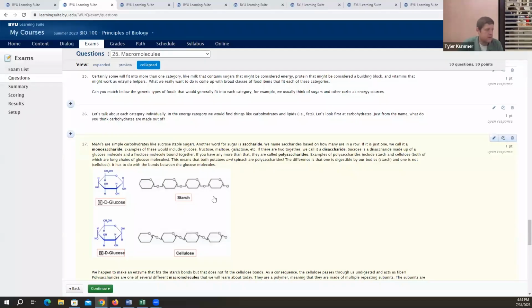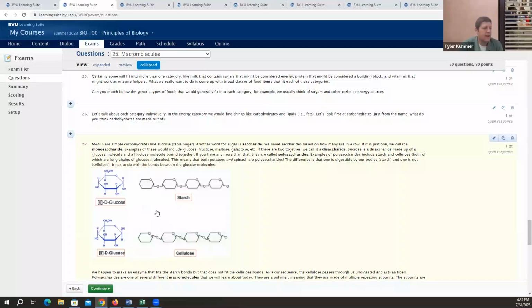A different kind of sugar, cellulose, the oxygen is in that top right position, and then it switches its orientation slightly, right? It changes the way it links together. You see the angle of that bond. That link between those being at a different angle changes the structure entirely, right? Starches, your body can break down using an enzyme and produce lots of sugars and ultimately lots of energy for you in your cells. Cellulose, because of that angle, you don't have an enzyme to